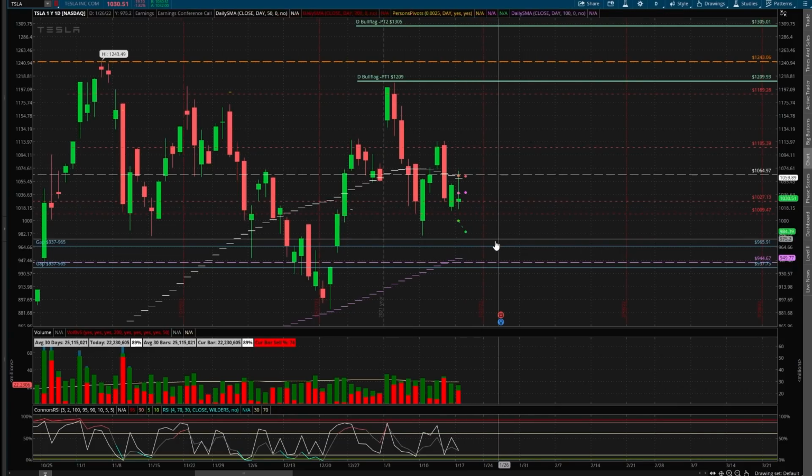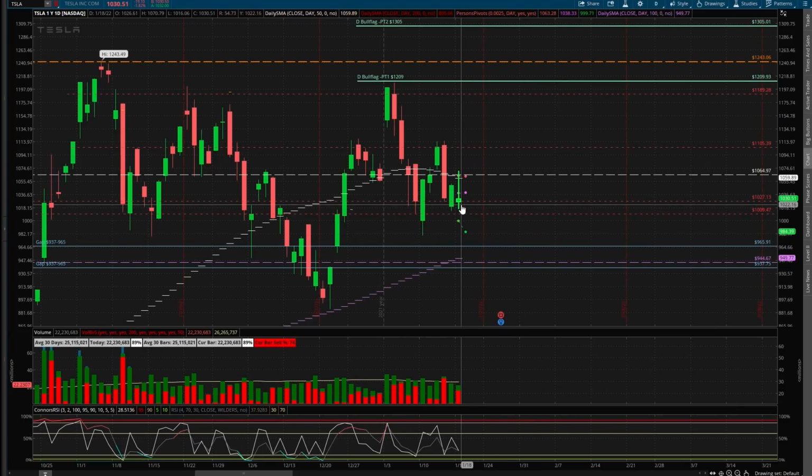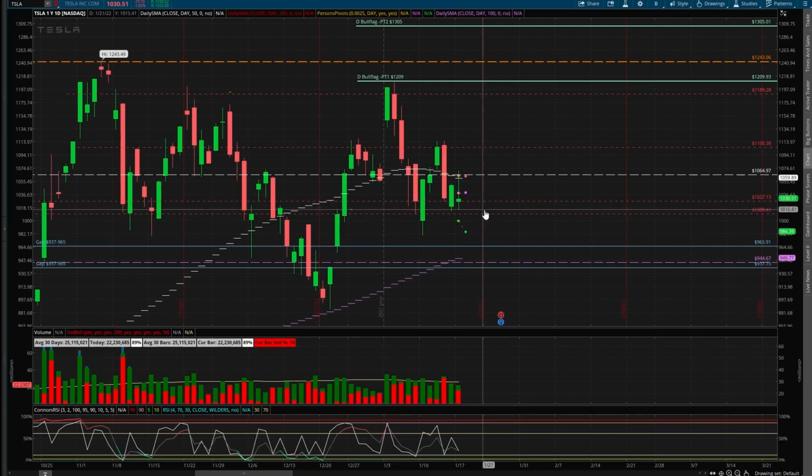I don't know how far it's going to move down before spiking back up. So whether or not it gets to 965, 944, or filling this gap at 937 is still a big if at this point. I'm not planning for it to fall that far, but if it does fall that far, then I would likely take a call option into May or something like that. But for right now, I anticipate either sideways or slightly moving down to below